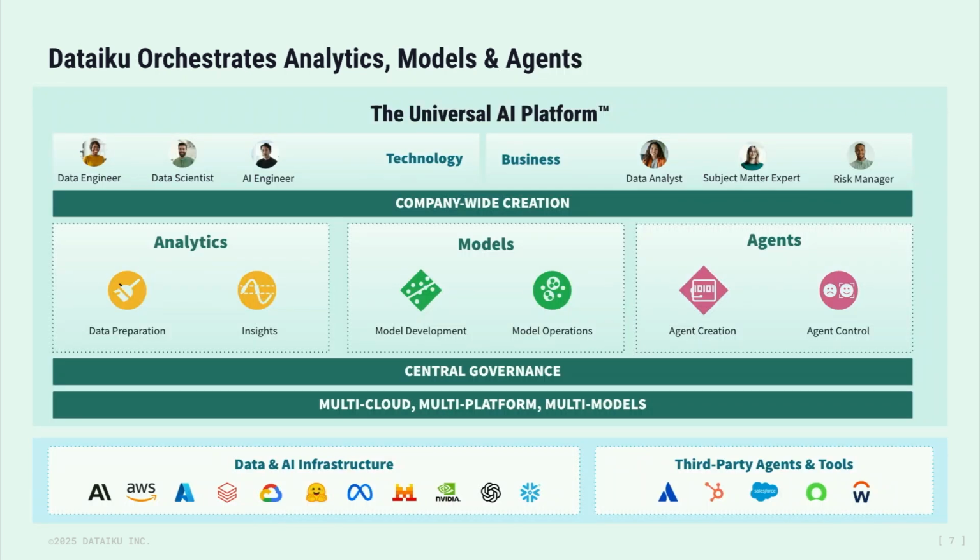So taking a step back, some of you may or may not know about Dataiku. We are an enterprise platform, a universal AI platform that connects the technology teams and the business together to be able to create different data projects and products. Not just agents, in fact, but across the entire lifecycle, from data analytics, building predictive models, traditional ML models, and now through to agents as well, built with centralized governance from the ground up, agnostic from a deployment and a technology perspective, and of course a very tight integration with Databricks, as we'll get into.